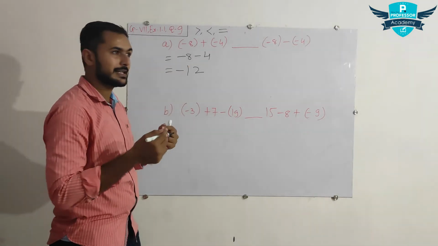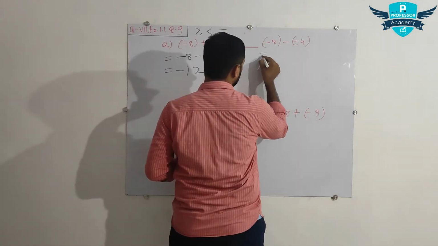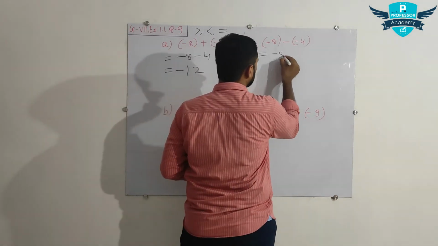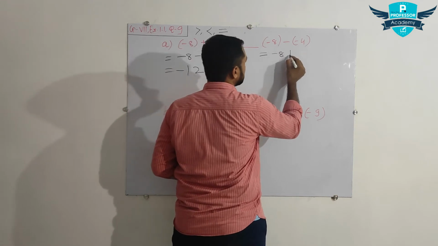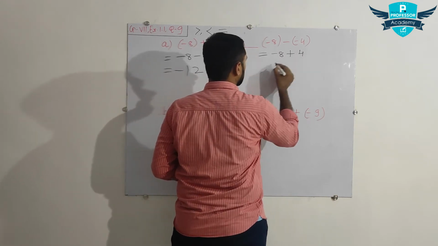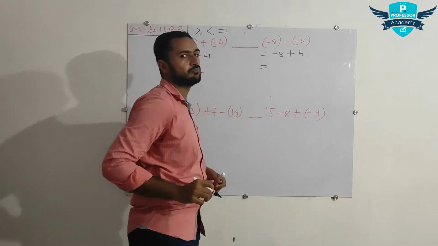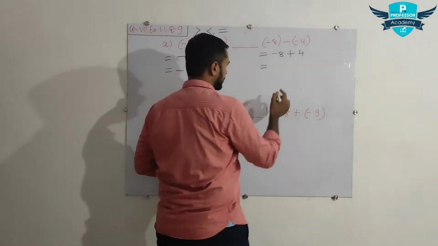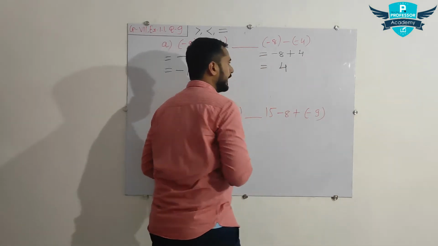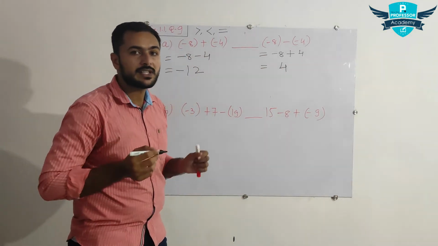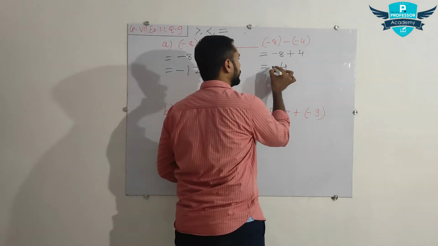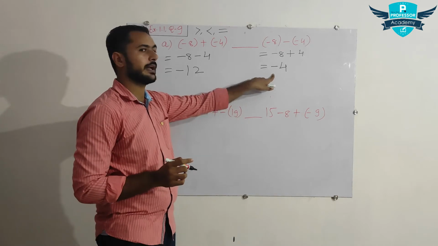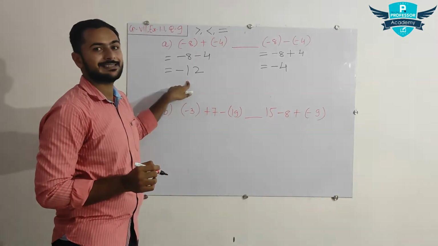Now for the RHS, let's see what we will get. So is equal to, again open the bracket first, minus 8 as it is, minus plus, so plus 4. Okay. Now again minus plus minus, it means we will subtract that. 8 minus 4 is 4. Write down 4 over there. And the sign of the bigger number, which is 8. 8 has the negative sign, so I will put a negative sign over there. So for the RHS we got minus 4 and for the LHS we got minus 12.